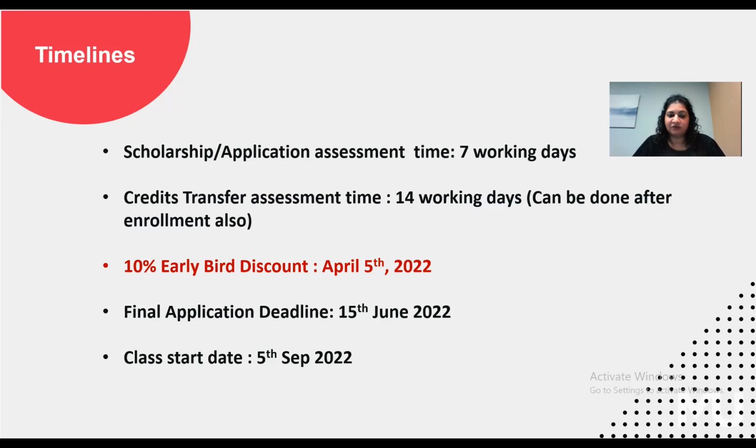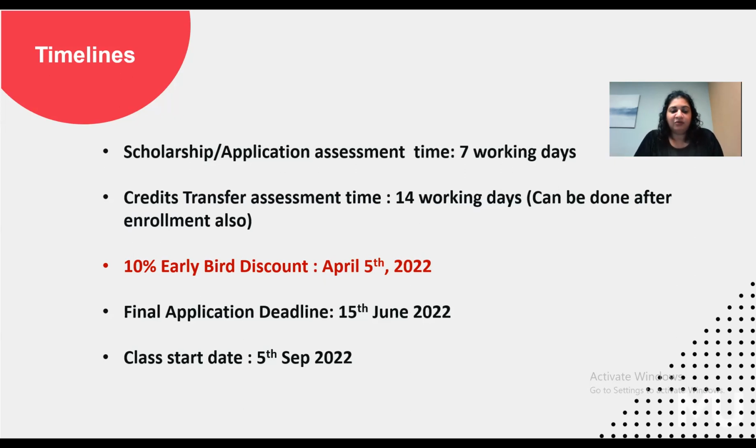But the offer letter is going to show you very clearly your fees, your scholarship. If you have applied for a graduate certificate, then it will show you your fees for both programs, MEd after that as well. If it's an MEd, then it'll show you everything on your offer letter, and also what other documents is required, if English is required or not.